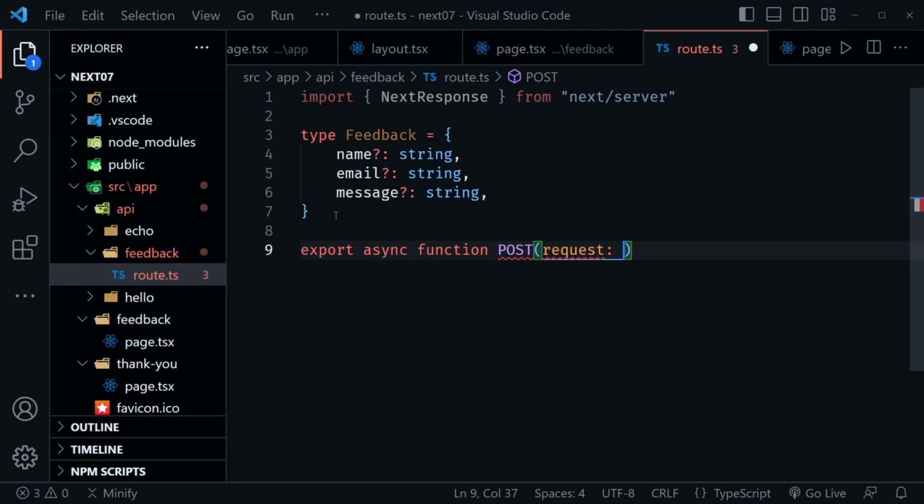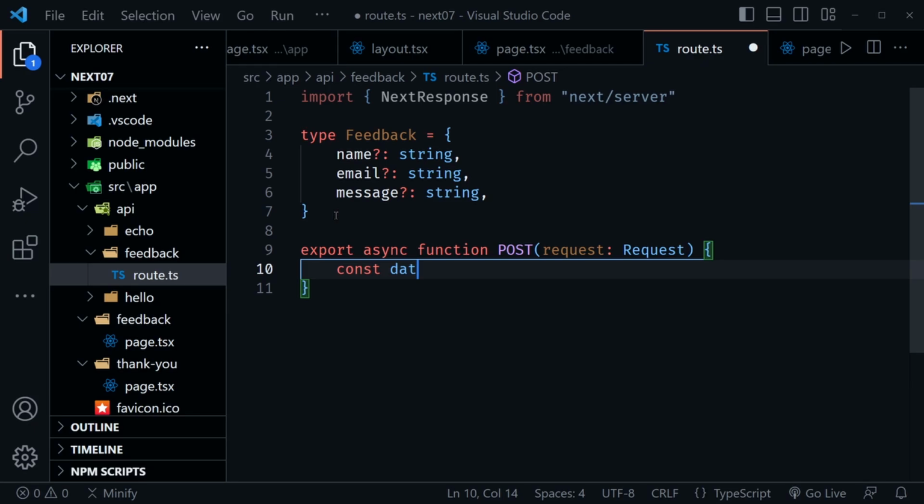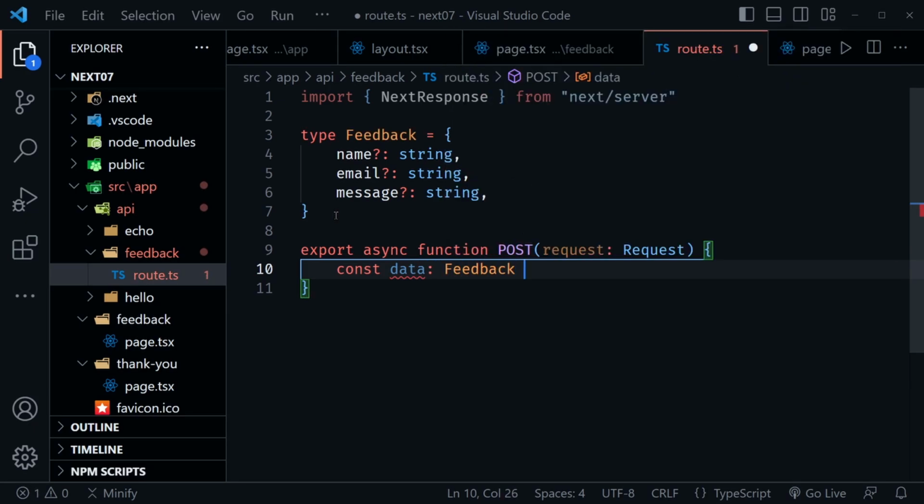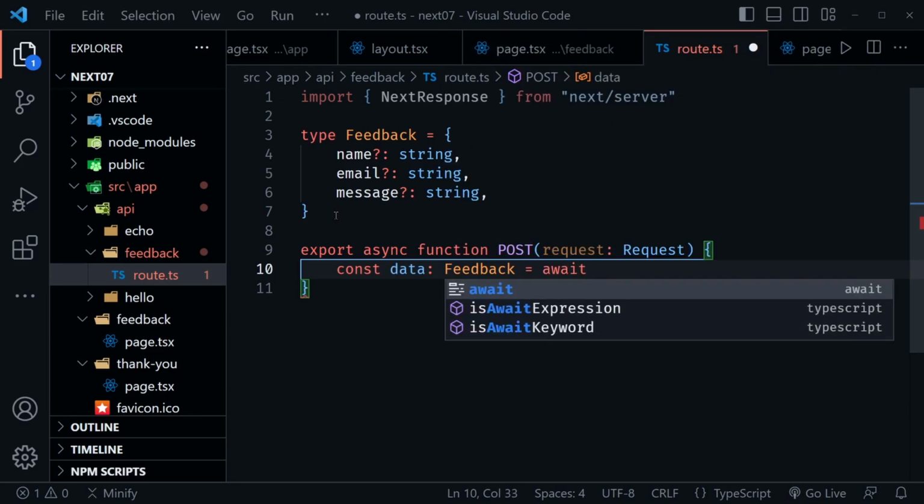It will still have the request object though, and we can just use the standard request instead of the next request, but that is also available to us from Next.js. Now let's define the data that we're going to receive, and it's going to be of the type feedback. We'll set this equal to await